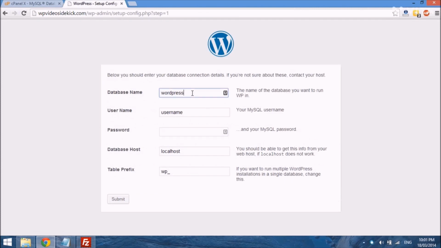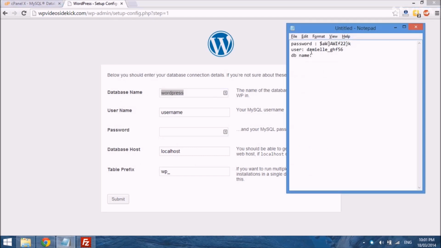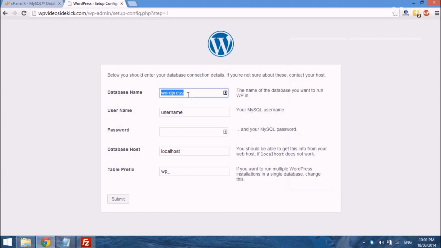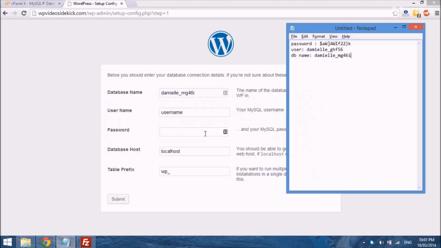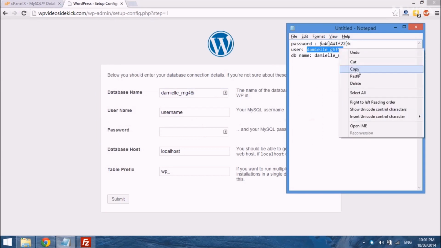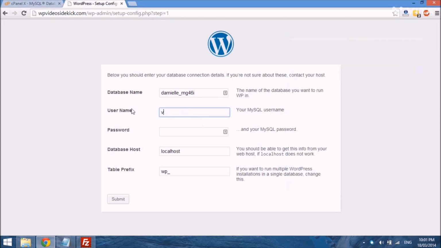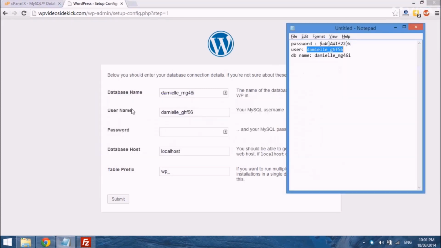and you will be taken to this screen where you will enter your database name. So we just go back to our Notepad file, and we have our database name. So the name and user. So we copy all of that over. And then the password